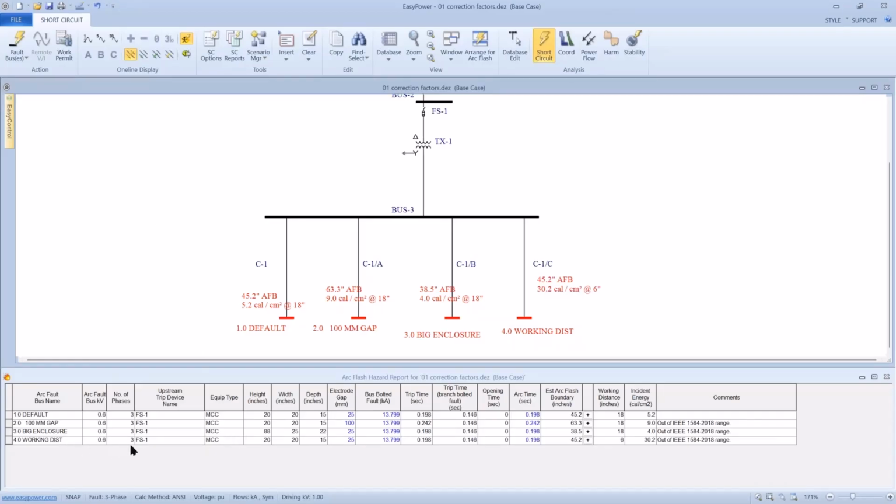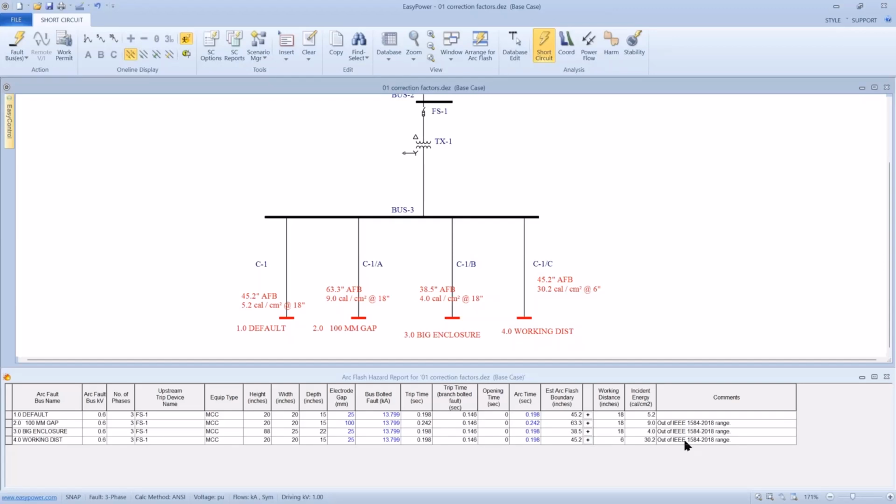So if we look at a working distance, same fuse, same piece of equipment, electrode type, bus fault current, but now if I set a working distance of 6 inches, my incident energy goes through the roof. And again, that's why we don't want to encourage people to be working within 12 inches of an arc